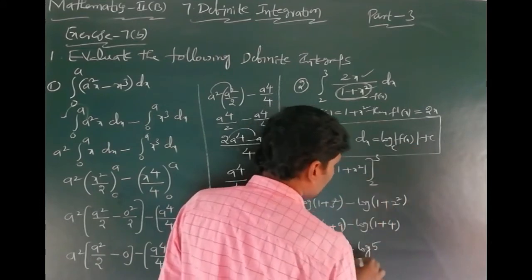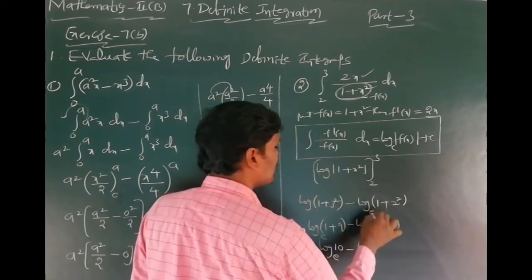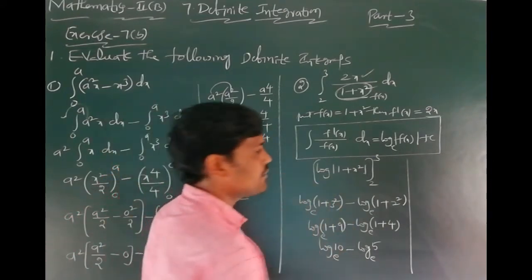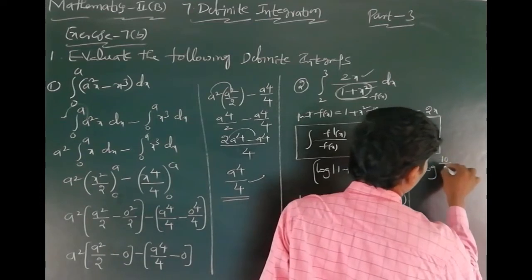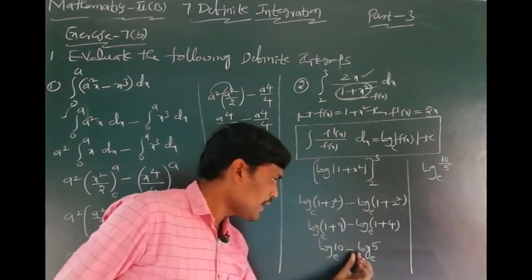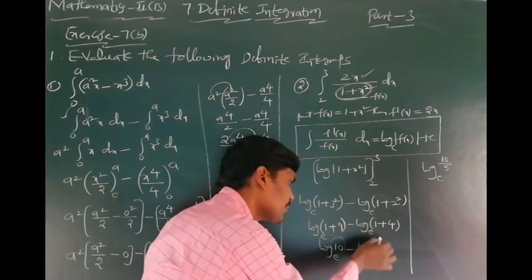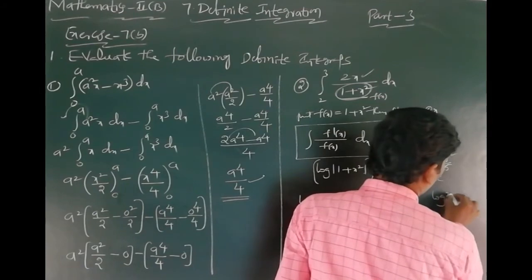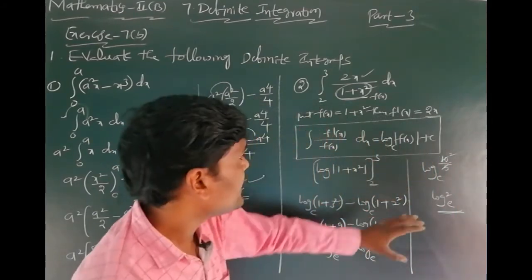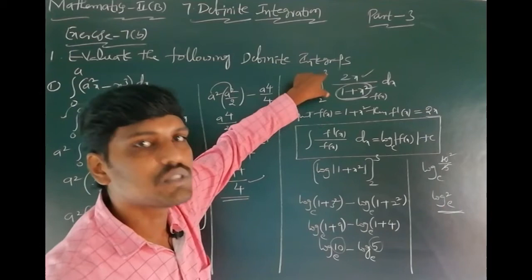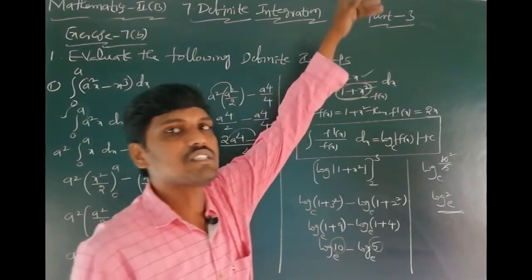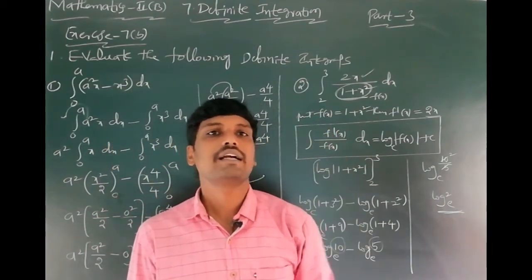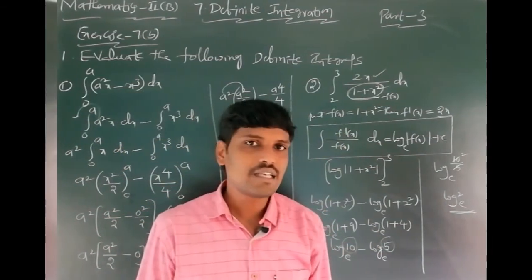Here the base is e. We can write the base as any one; you can write the base is e. After that, log a minus log b. What is the formula? Log a by b, nothing but 10 by 5. Correct or not, students? Log a minus log b, here a value is 10, b value is 5, log a by b. 5 ones are 5, 5 twos are 10. Then you get log 2 base e as the answer. This is the integral of 2 to 3 of 2x by 1 plus x square dx, value is log 2 base e. This is a very important and repeated problem in IP examination.